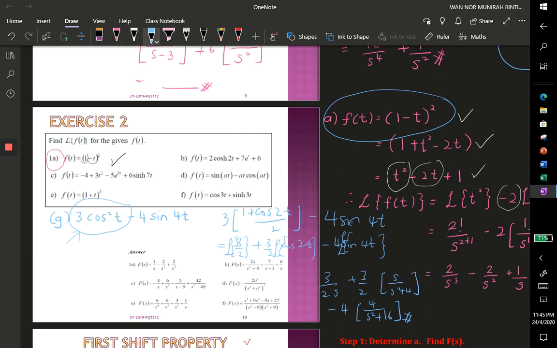So that's all for the linearity property. Please do extra exercises on this. For the next video, I will discuss